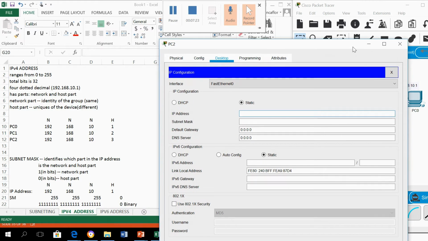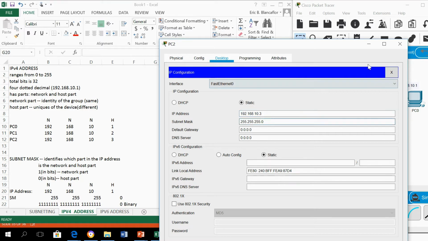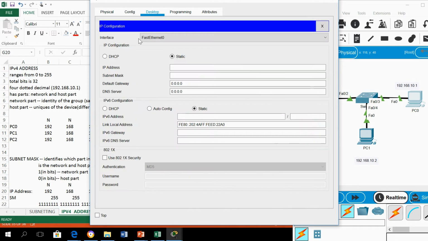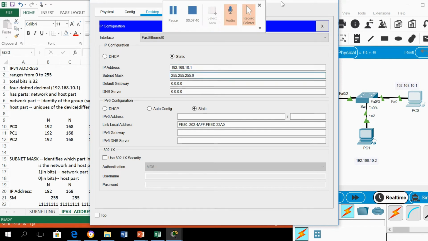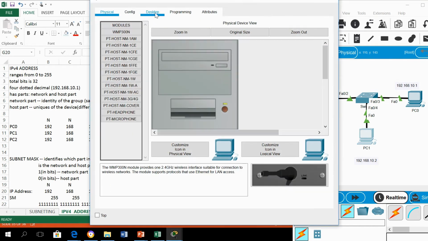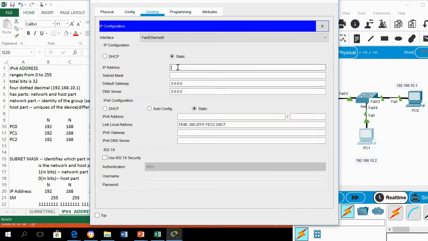Okay, this is PC2, so 10.3. So 192.168.10.3. Our subnet mask is 255.255.255.0. So I go here and then assign. So let's say 192.168.10.1, again the same subnet mask it should be. And then as for the last one, desktop, IP address, and then